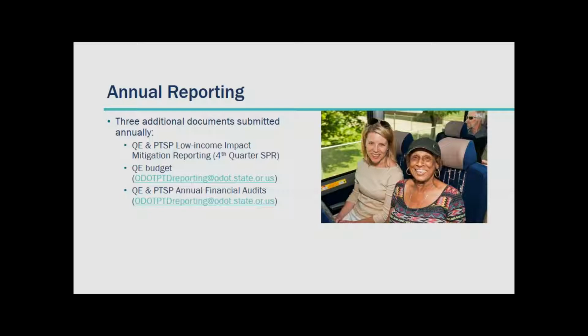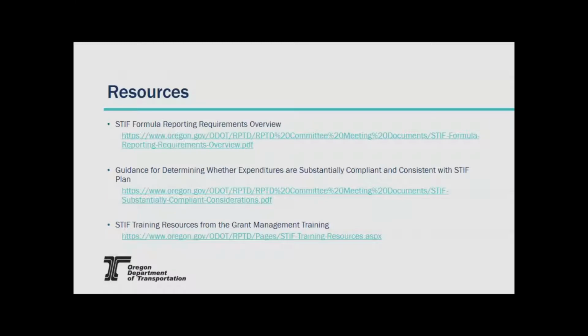And this question touches on that a little bit as well. References have been made to reporting deadlines and submission requirements information shared in prior webinars. Is there a one-stop source for all this information, as well as the low-income impact mitigation information now being shared? Yeah, I would reference our overview document. I believe that has all this information included. We may need to update it with some additional information since we finalized some documents, but for now, it's called the, actually I just jumped to it right now, the STIF Formula Reporting Requirements Overview.